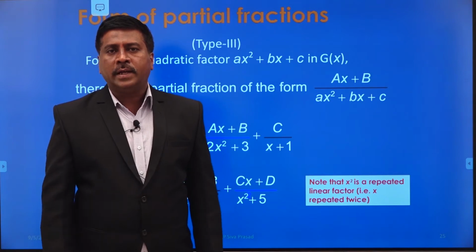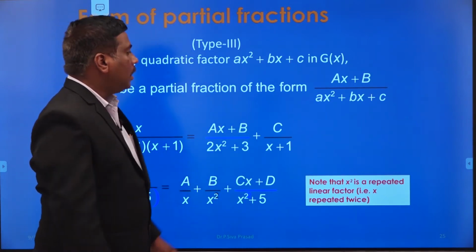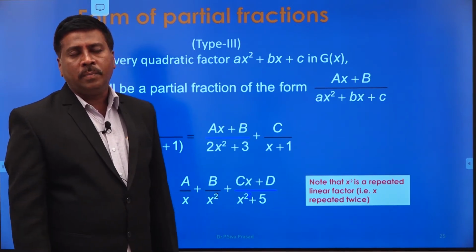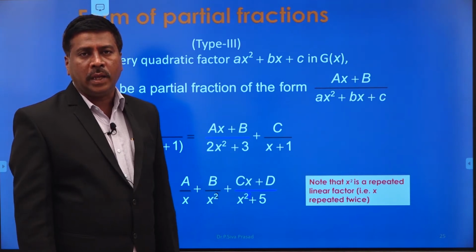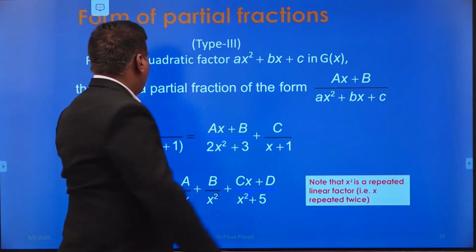So if g of x contains quadratic factors, how do we resolve the partial fractions? This concept you will see in this lecture. Okay. So what is meant by